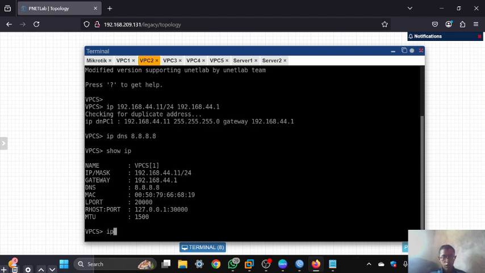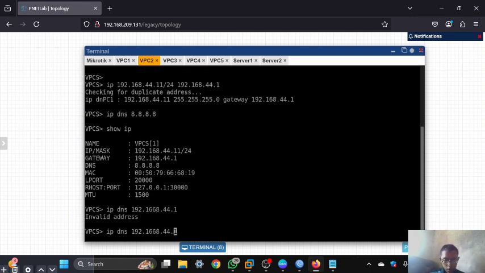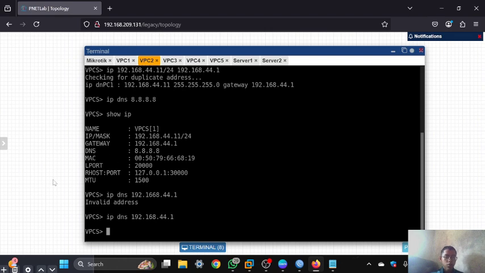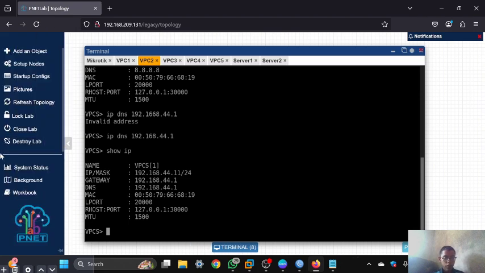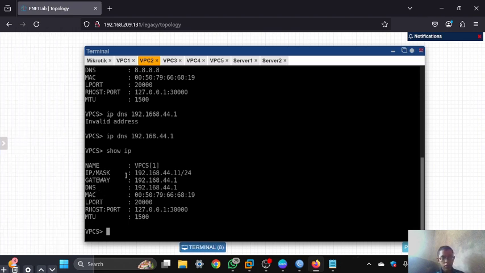So I will set the DNS to the IP gateway of Ethernet 2. After you configure the IP DNS, you can see in here with show IP that the DNS server is now the same as the gateway.